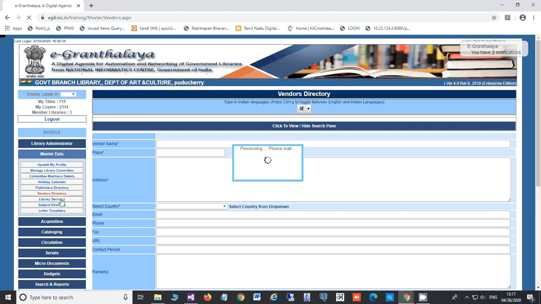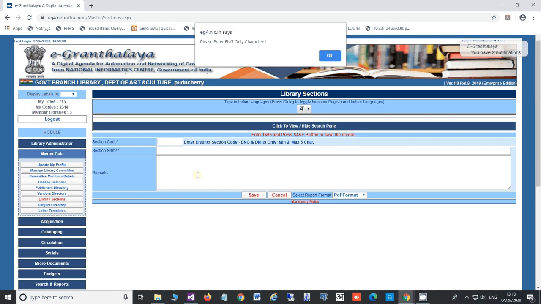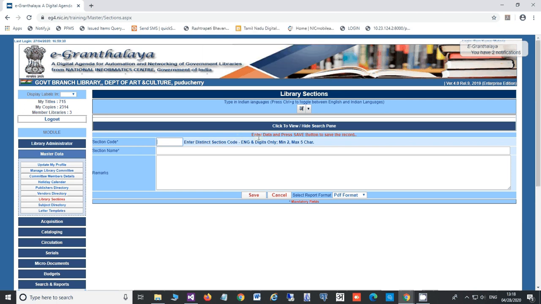Another form is library section. Library section is sometimes required in big libraries where the collection is placed in different locations or floors. Basically a small library may not have any section, but you need to create at least a general section, GS, any code you need to give, any unique code which should not already exist, and then the section name, and then press the save button.